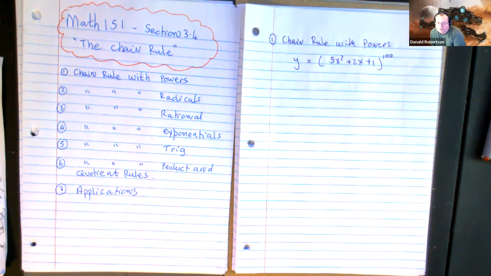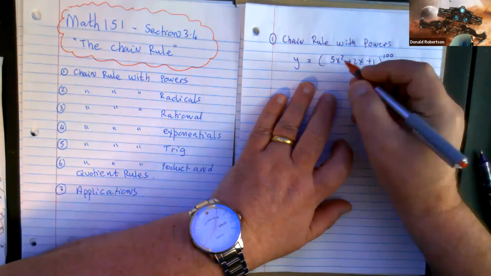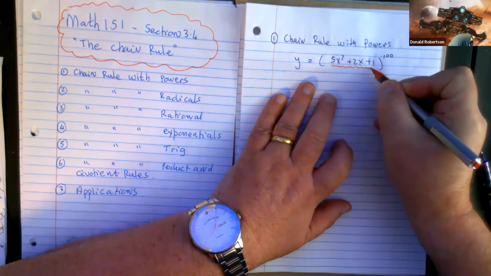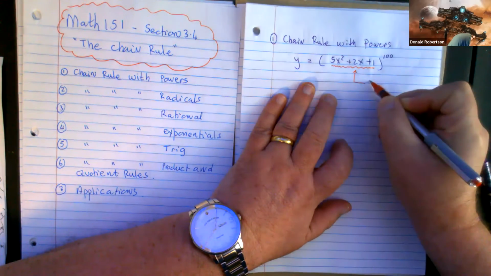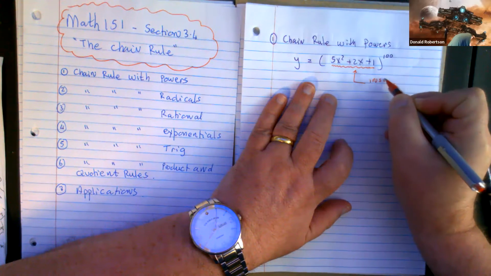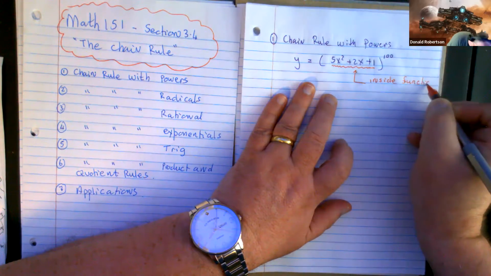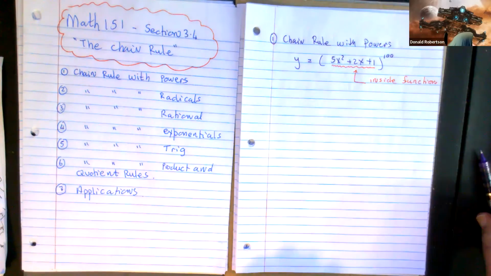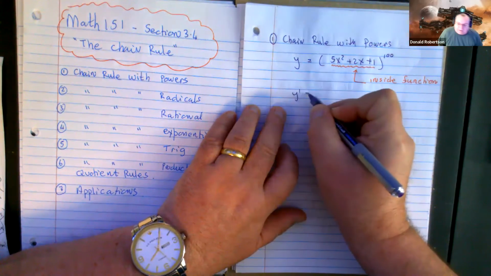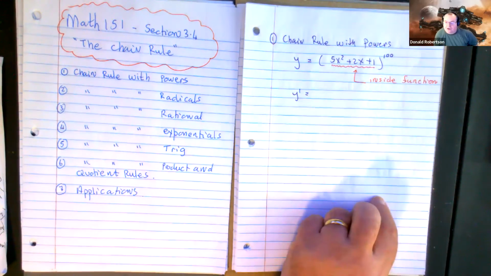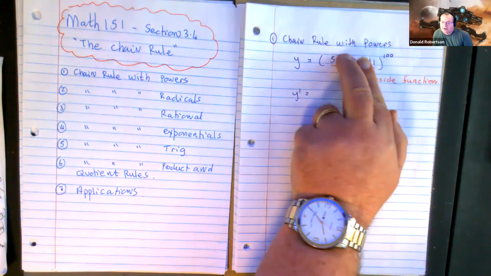In 141, you talk about composition of functions, or functions of functions. And that's where the clue to how to differentiate this thing comes from. This guy here inside the brackets, this guy here is going to be called the inside function. So you'll hear me use that word or term a lot, the inside function. And here is the trick. This is the process. Cover that thing up